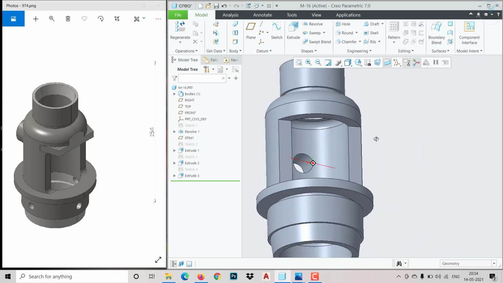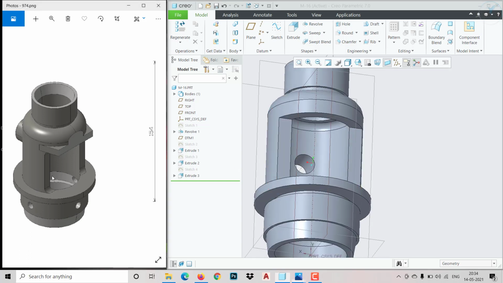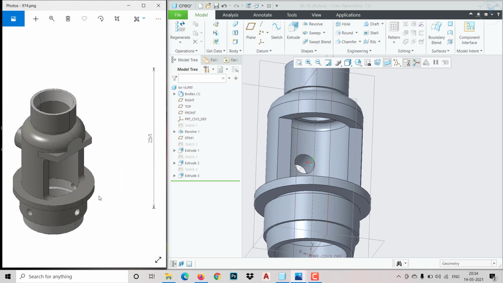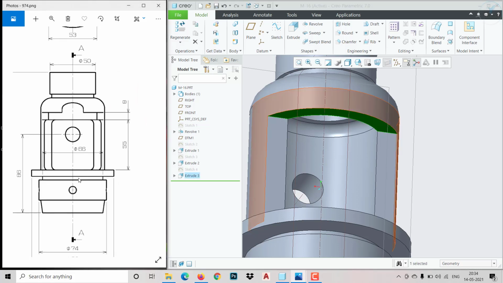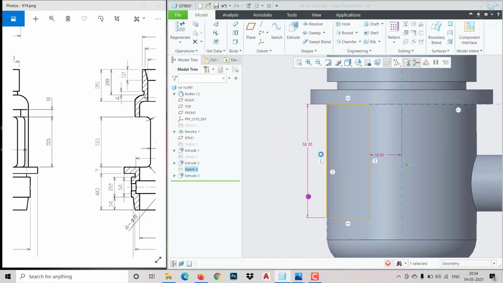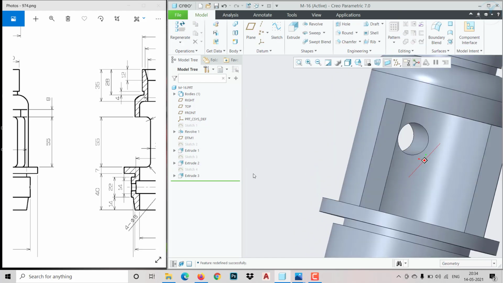So after this extrusion we need to create. So you have got a plane over there, you can use that also. If you want, you can create a new plane and you can create your sketch over there. So let me select this face. Okay, as you can see, the extrusion is 55. Once again, I think I need to edit my sketch. It's not 56, it's 55. Okay, so the extrusion is going top 8 mm.